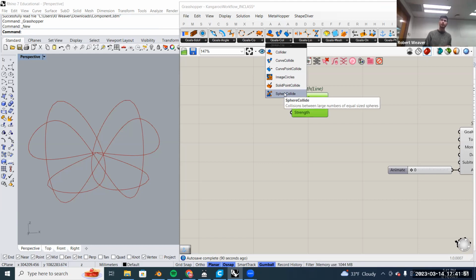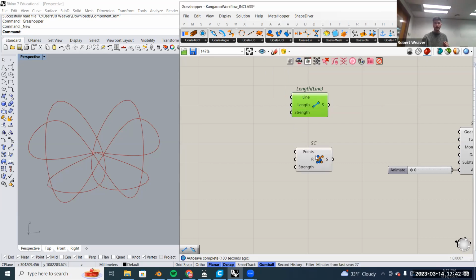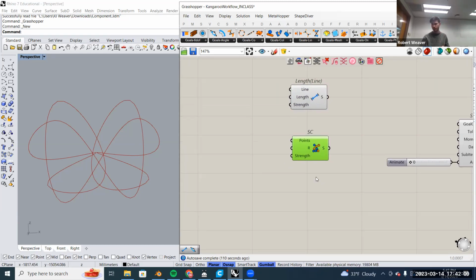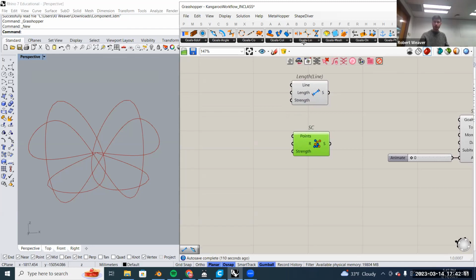We want it to know where its neighbor points are and stay away from them, so we don't just get a jumbled mess, but still get something useful on the output. So we'll use this sphere collide in conjunction with the points that we defined to set some boundaries for all the points there. And then the last one we'll use